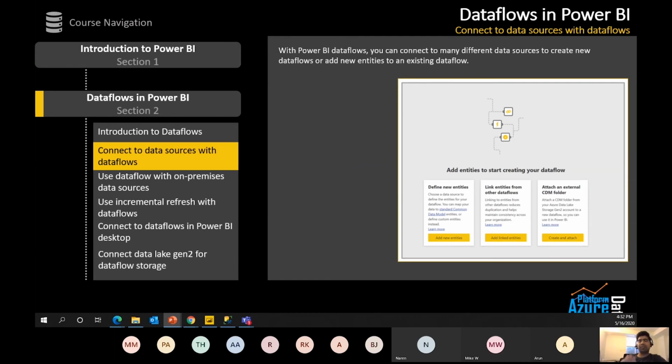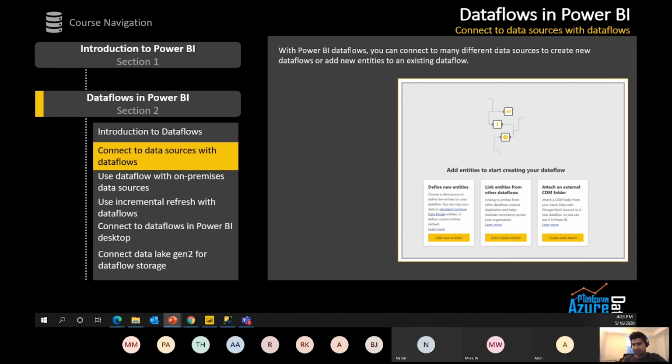Whenever you bring your data, you match it with the existing Common Data Model prescribed by your organization or your group. That way, wherever the data is coming from, and whoever is uploading it, everything is in sync with the Common Data Model. It's not that someone brings data which has different columns or different values.